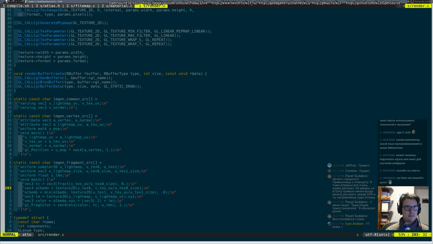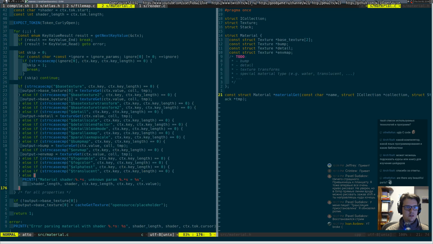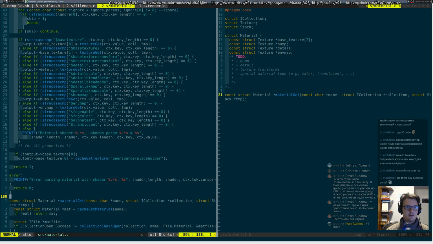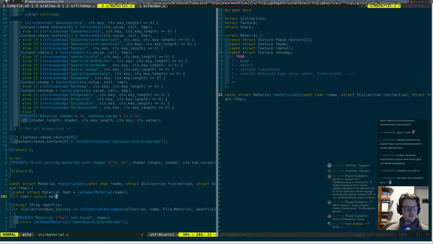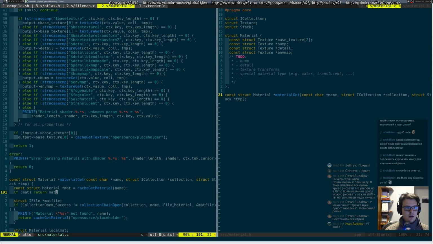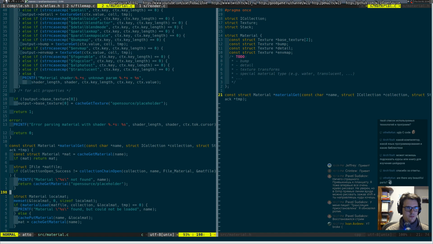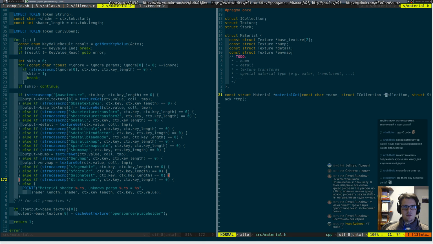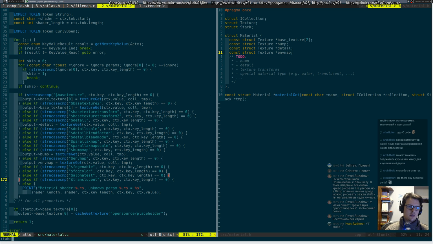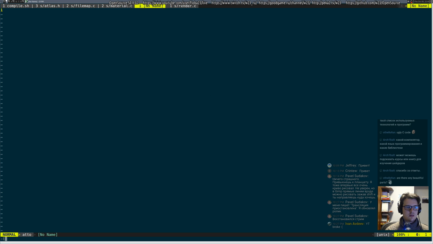Okay. Basically I think I just didn't have enough time to write a couple of GLSL lines to support more interesting things. Anyway, so this is material. And this just fills this structure with pointers to valid textures. Next thing is